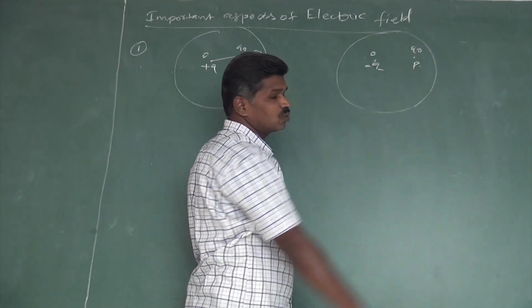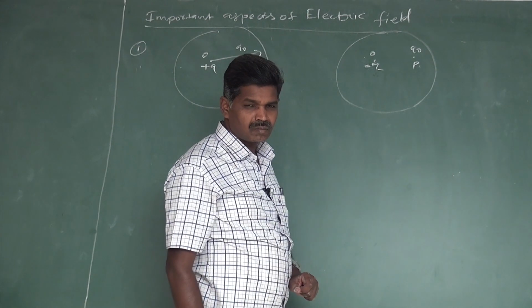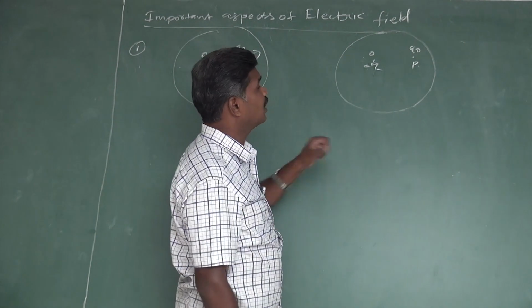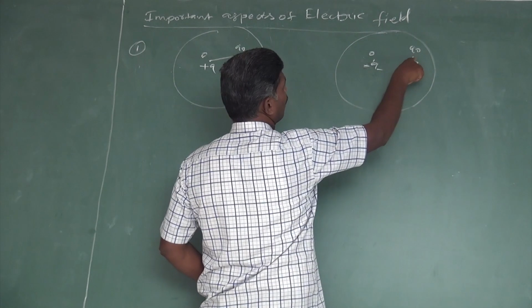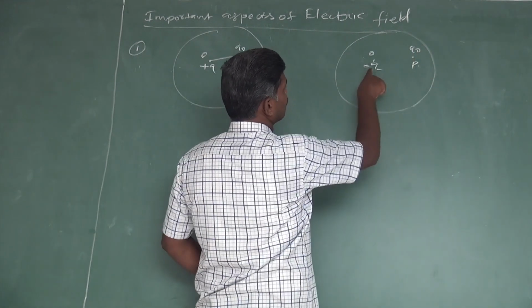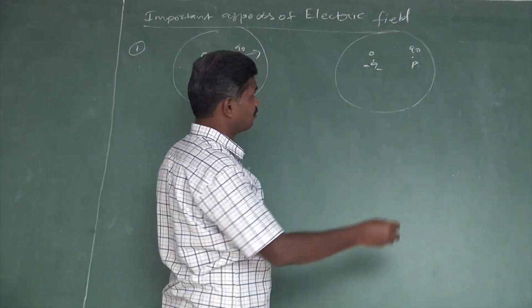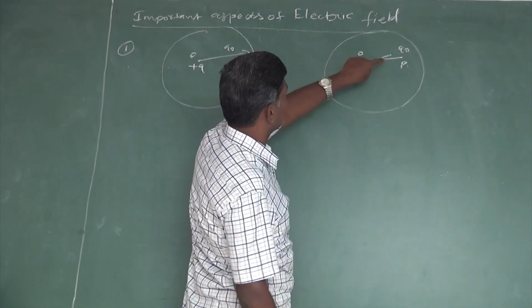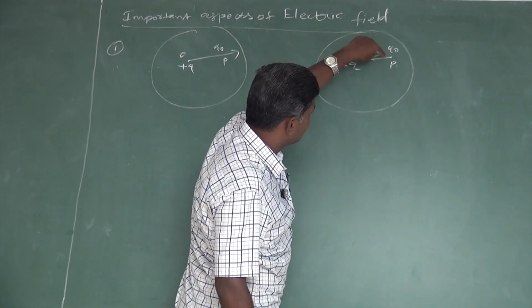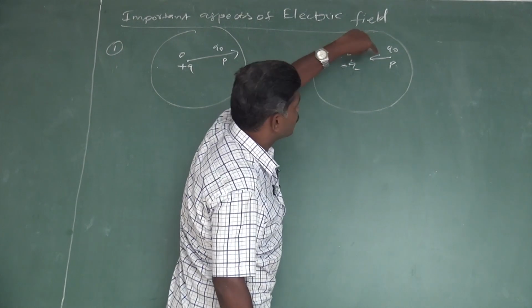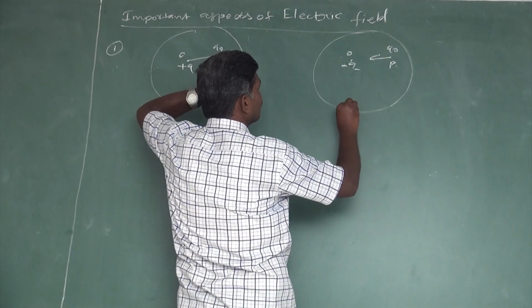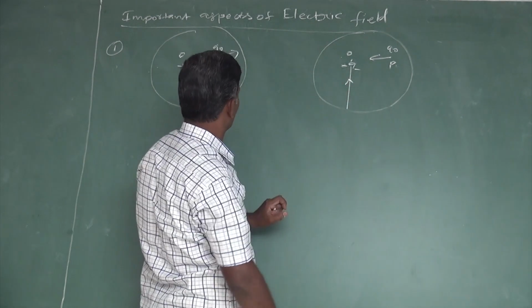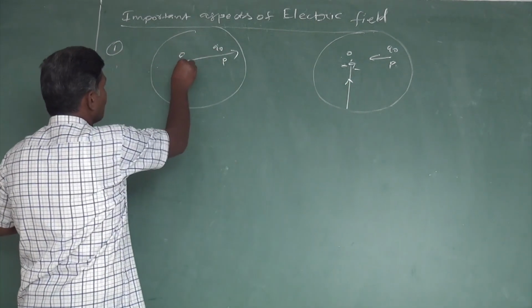The test charge is a unit positive charge. Generally, a test charge means a charge which is used to find the field of another charge. If you place that Q naught at that point here, these two are unlike charges. Automatically what does it make? Attracted. Here repelled, here attracted. Due to that attraction, the force is acting in this direction. That's why the field is acting in this direction. We are saying for a negative charge, the field acts towards the charge in its region. For a positive charge, the field is acting away.